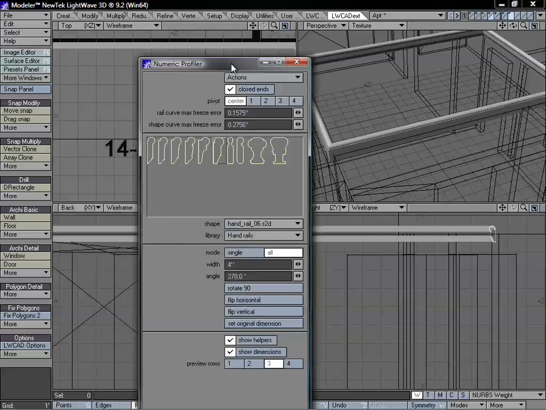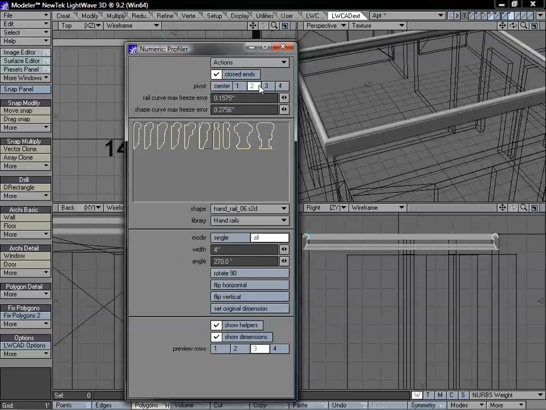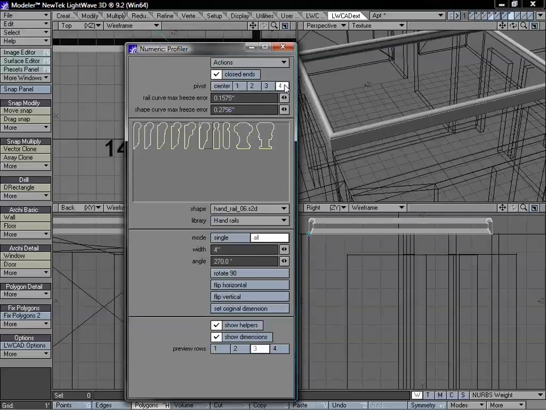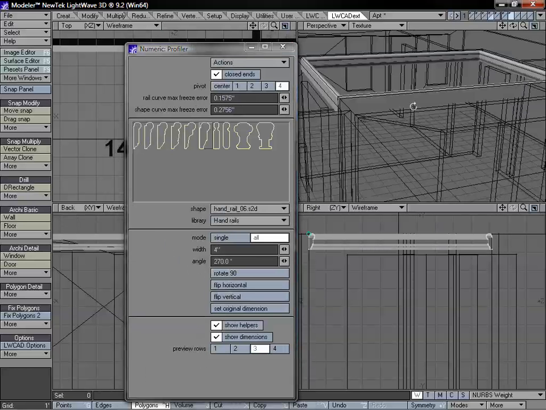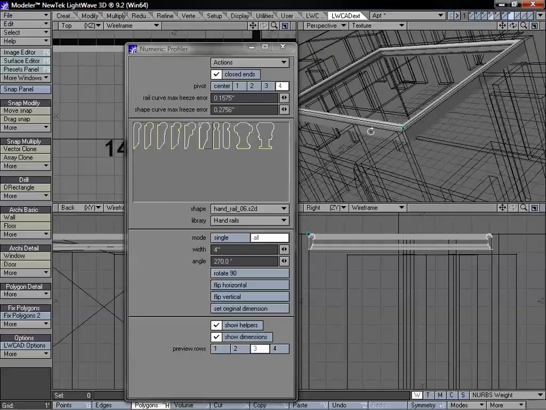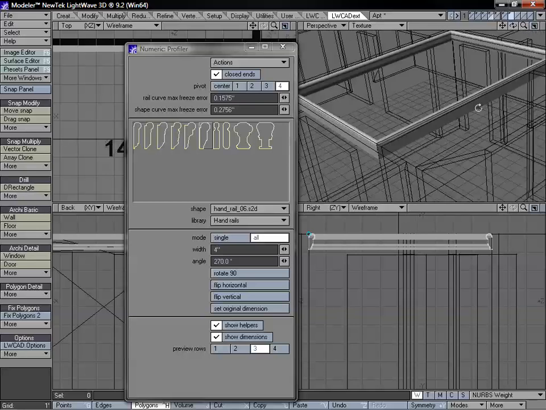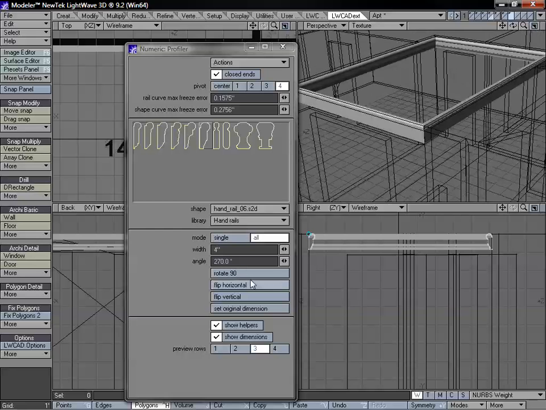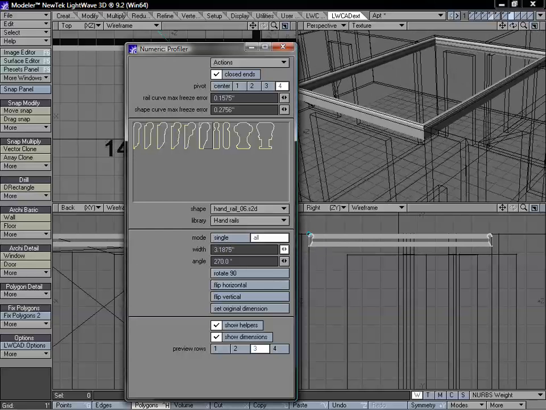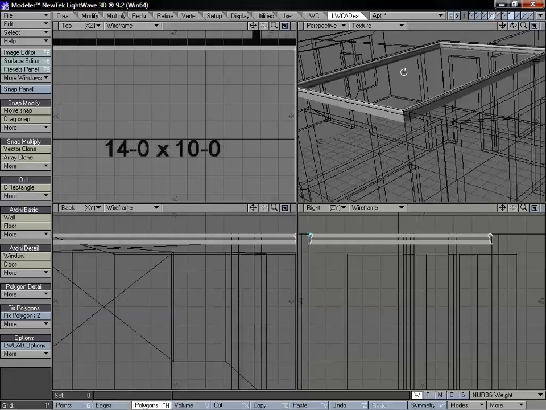And we're probably going to need to adjust our pivot as well, just to get that to fit in there correctly. And if we set that to 4, then you can see we're pretty much all the way inside, and we end up with a good looking trim. We can adjust our width, make that a little bit lower. And now we want to remember our settings. I'm going to set this to 2.6 inches exactly,